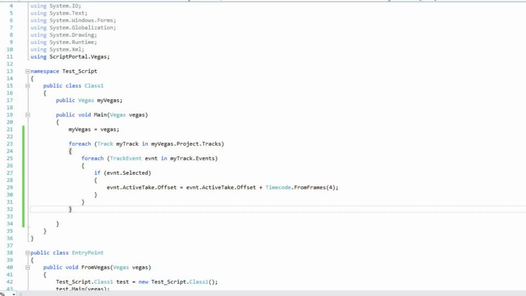Here's the script that we were using. Once again, we're all the same all the way down to my Vegas equals Vegas. Then we're going to go for each track, my track, in my Vegas.project.tracks. For each track event in my track.events. Now we're assuming that the events that needed adjusted were selected ahead of time. So if event.selected, then we go to